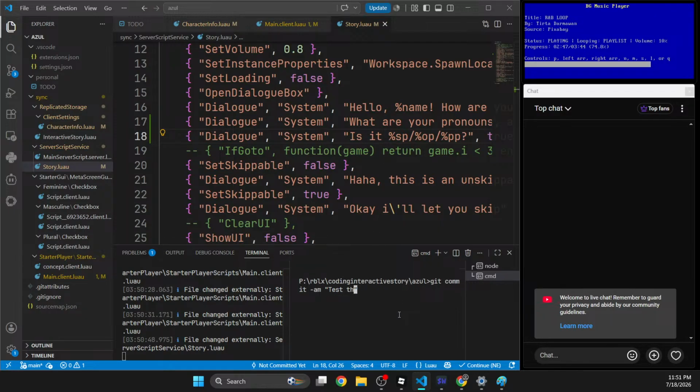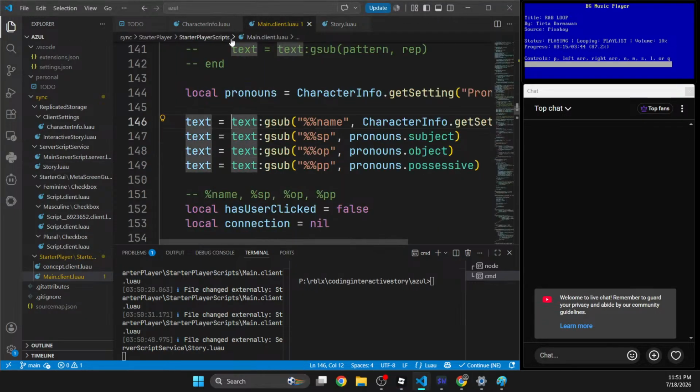the pronoun placeholders in dialogue with the settings and fix the bugs. Okay, that kind of works. Praise be to God. And now what I need to do,